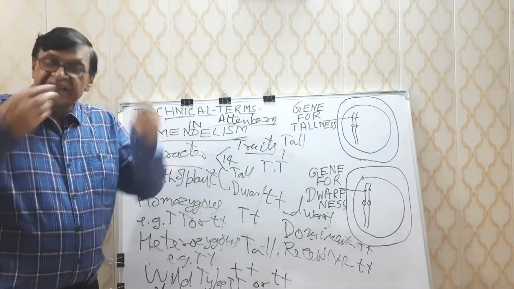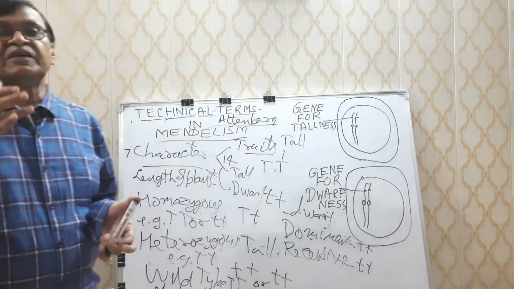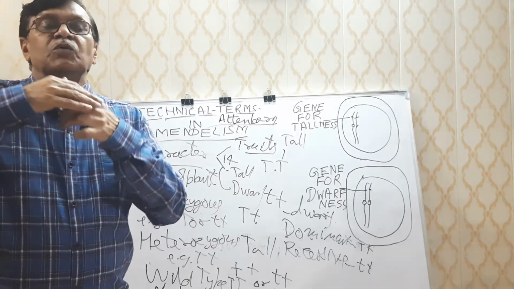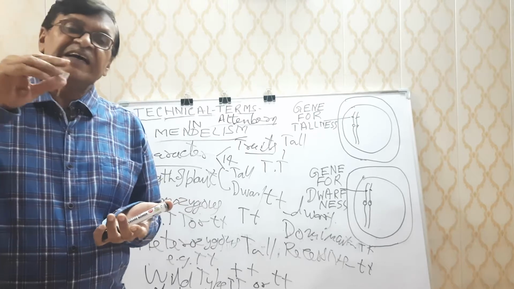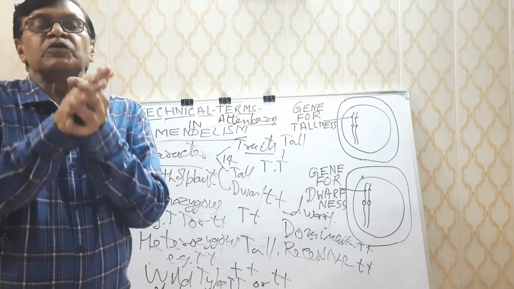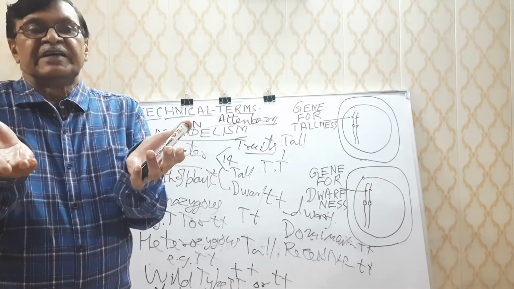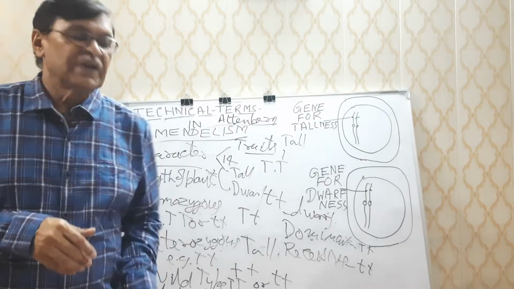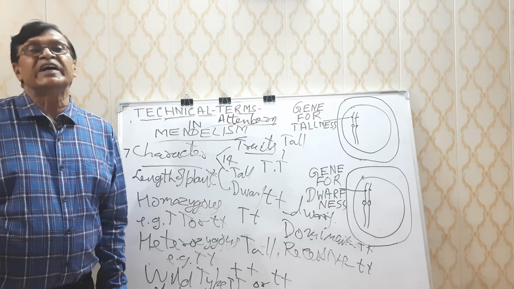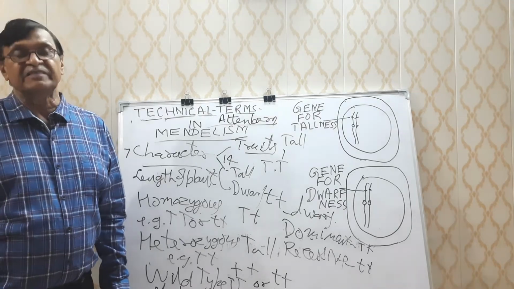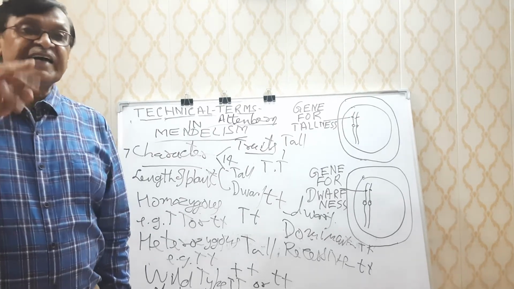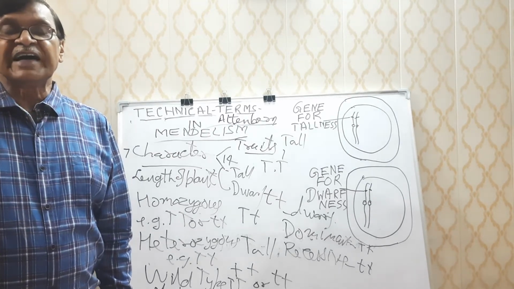Altenberg gave another terminology: that the traits may be of two types, and they may be more than two types. Mendel had given that there are only two alleles, two traits making an allelomorphic pair, but Altenberg said that there may be more than two alleles, which is called multiple alleles. So in that case, when more than two alleles are there,